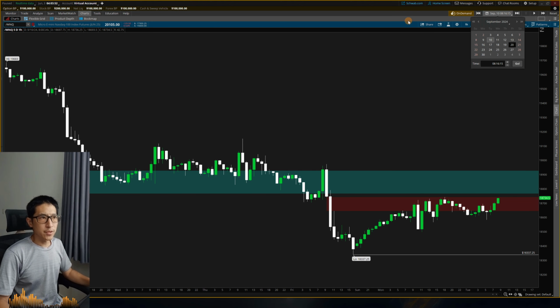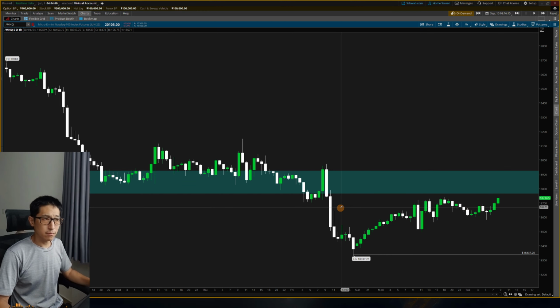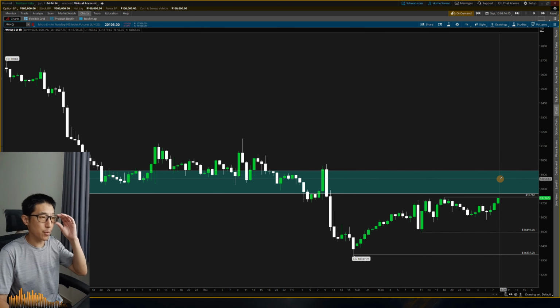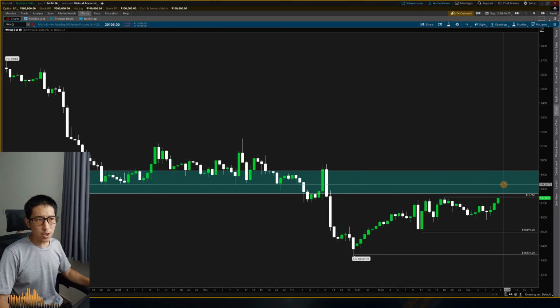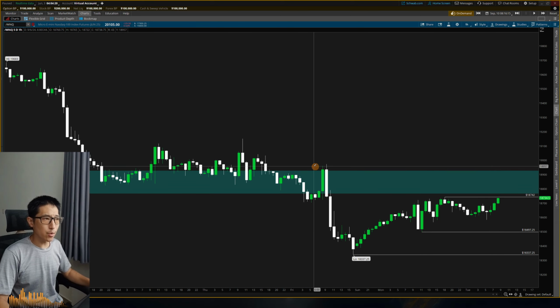So Tuesday morning, September 10th, and looking at an hourly, we have buy side above here. Now I'm going to go ahead and take out this 1 hour fair value gap. It may still be relevant, but I'm just going to clean it up to be a little bit cleaner. And then what I want to pay attention to is this daily fair value gap. I want to see it used as inversion.